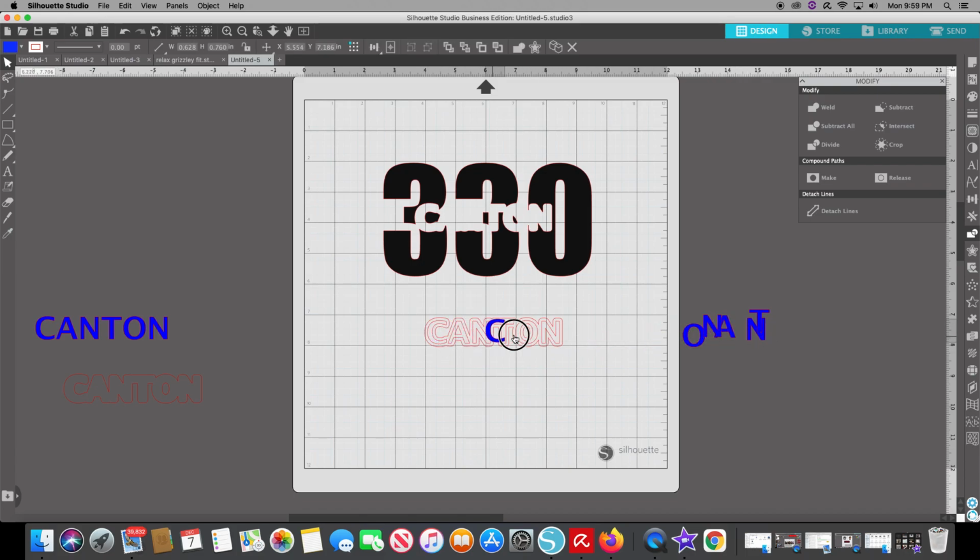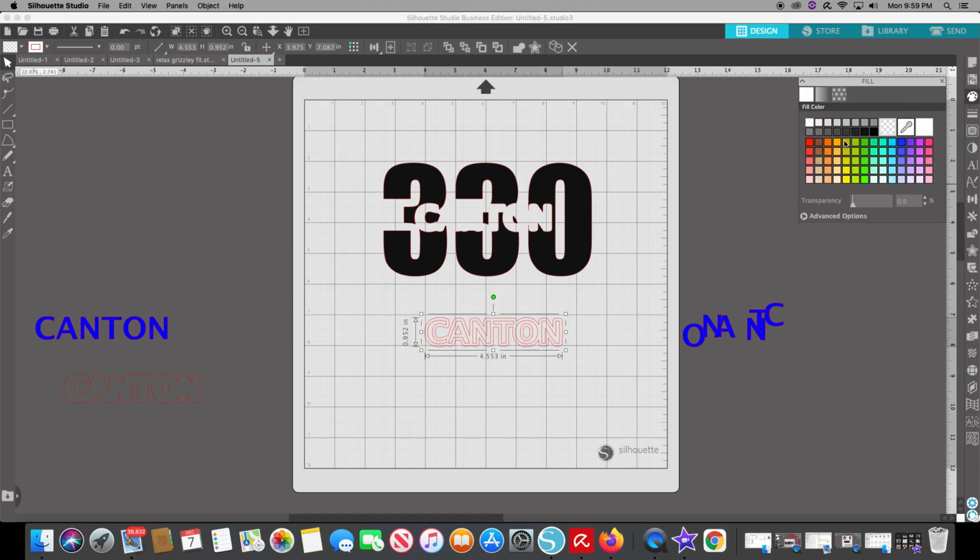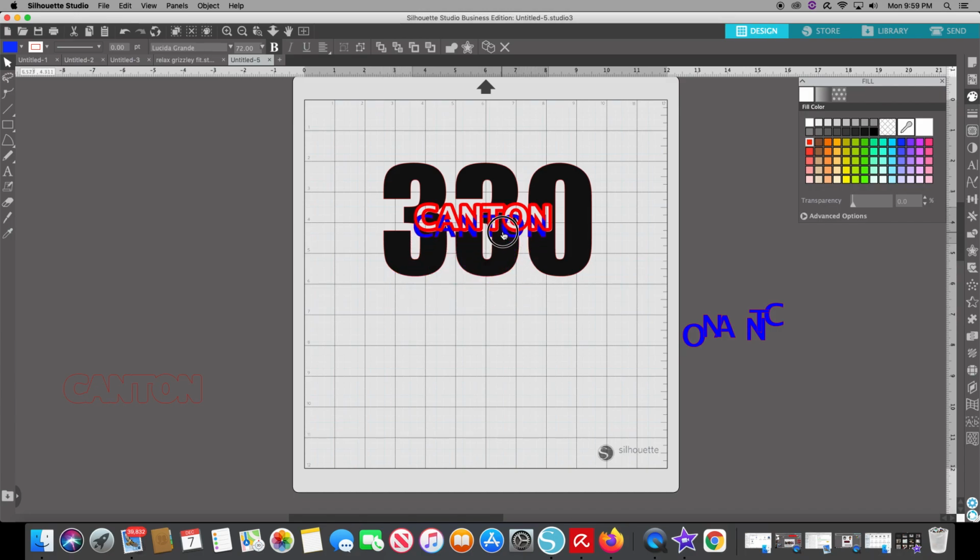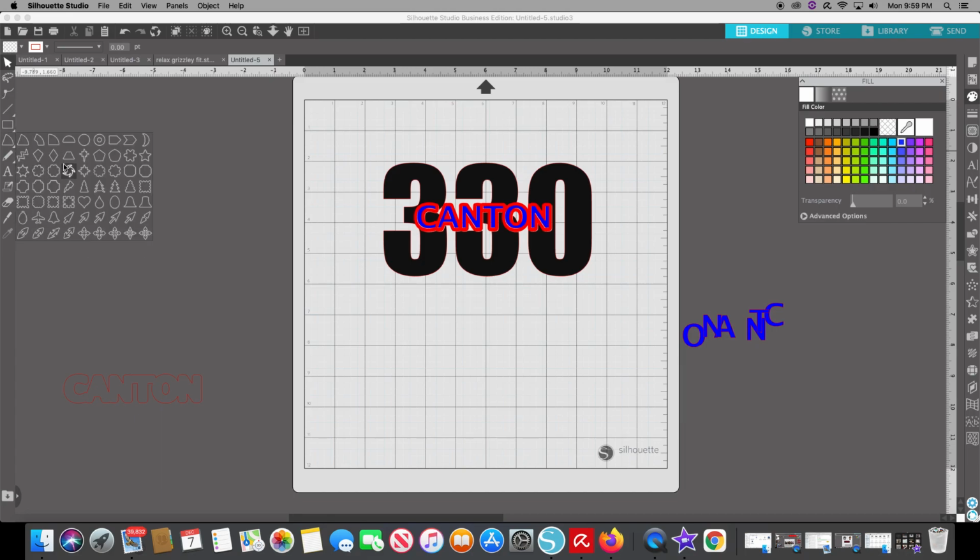And what we're going to do is we'll make this red. Alright, we'll bring it right back up here, center just like so. Then we'll bring our blue Canton on over, and there you go. Now we have a 3-layer offset knockout or blockout design, which was created fairly quickly. You can add extra little dots and stars. Sometimes I do that when I'm browsing around to see what I can make